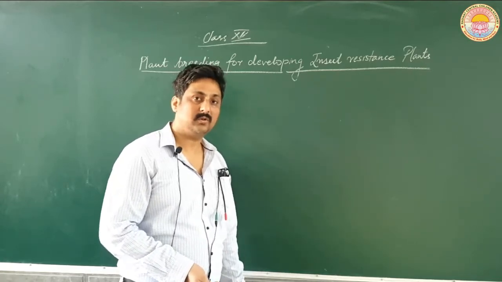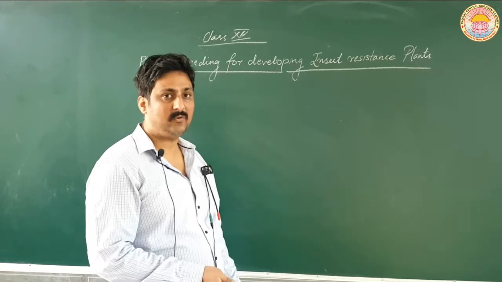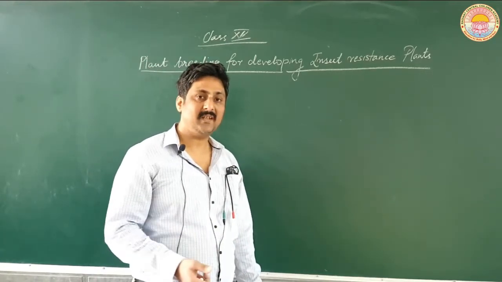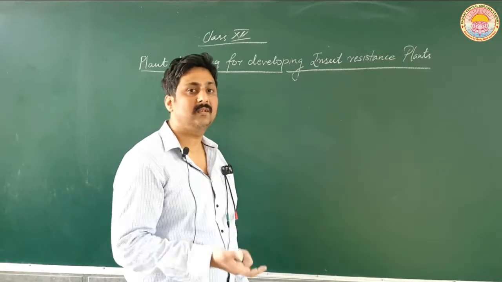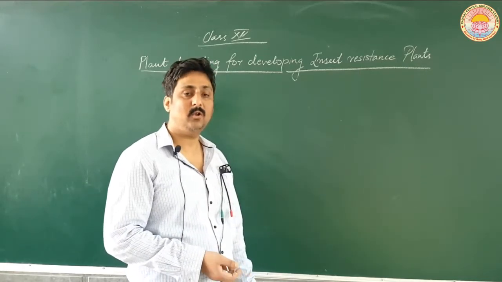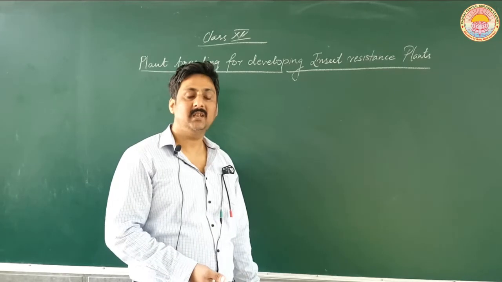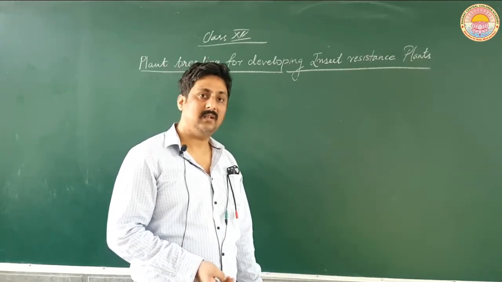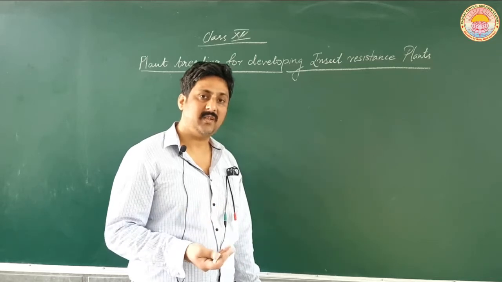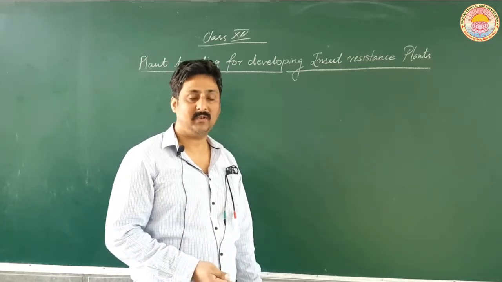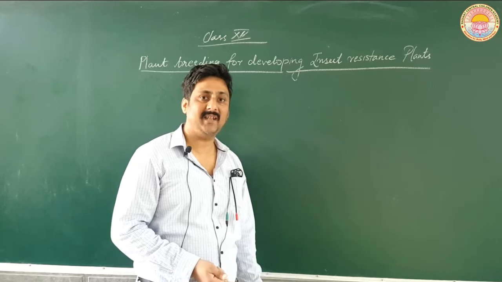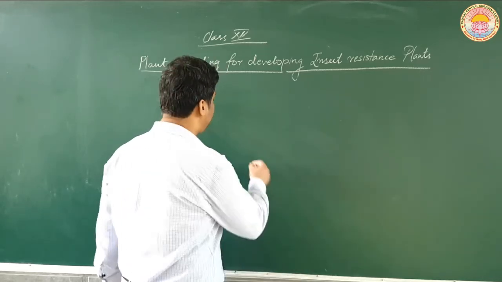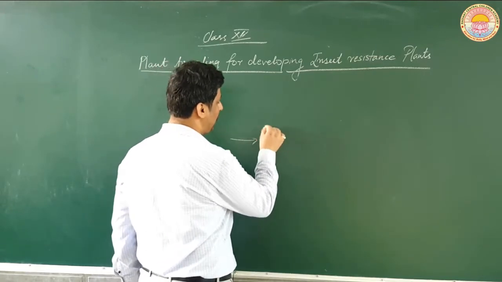So therefore, what we are trying to do is, the normal domestic variety is crossed with the wild type in order to get a variety which is disease resistant also and which has high yield also. For example, it has been done in case of bhindi, and we have been able to get a variety which is called Parbhari Kranti.